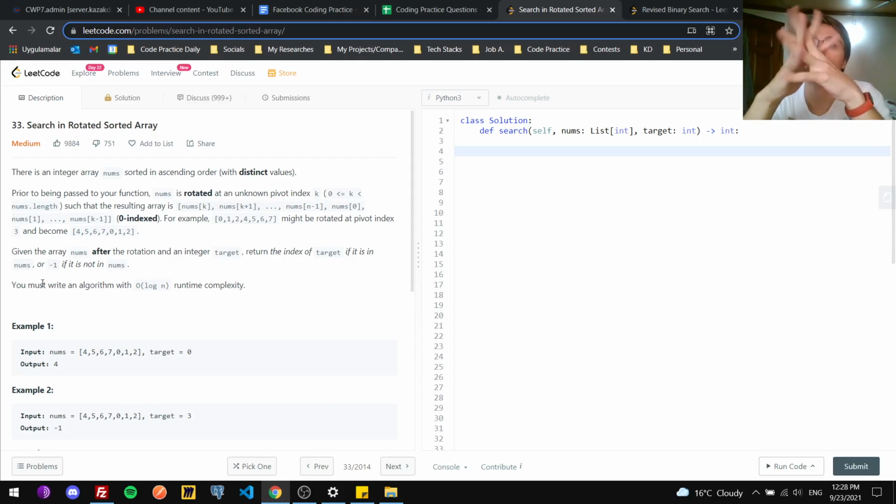We have to determine in each iteration whether the left and the midpoint are in order, or we somehow